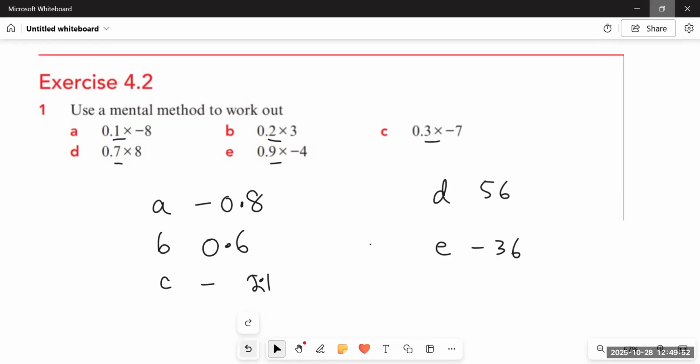And then 5.6, again we have two digits. So here comes the decimal, 5.6. 36, here comes the decimal, 3.6. So if we have only one decimal place in the question, either in the multiplier or multiplicand, there will be only one decimal place in the product as well. So the number of decimal places in the multiplier and multiplicand together would be the same as the number of decimal places in the product. That's all.